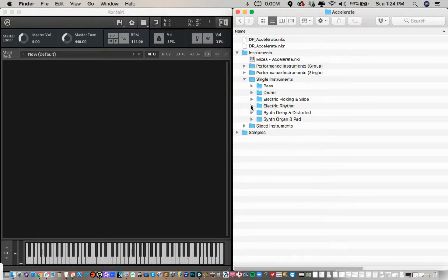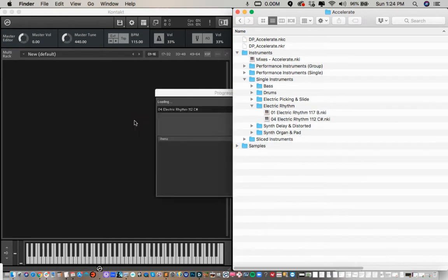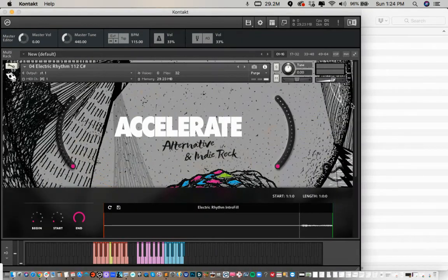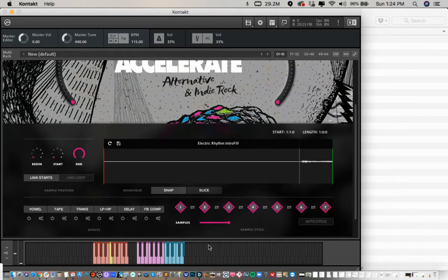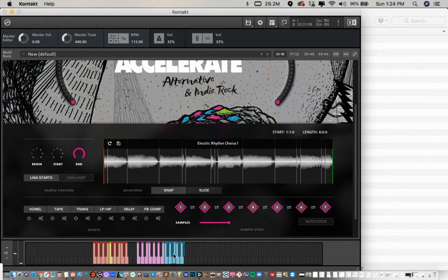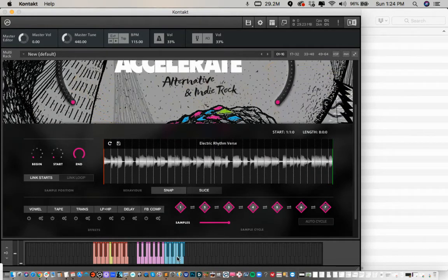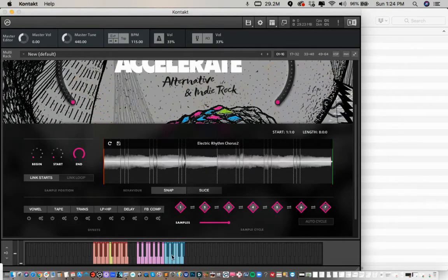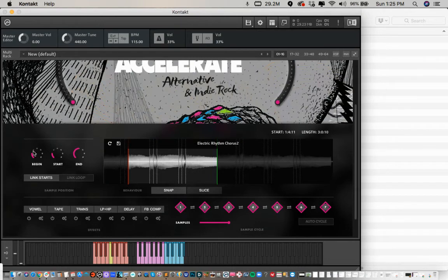So let's say I want to grab some electric rhythm parts, okay? So I would pull in the electric rhythm, and this is arranged so that each key here is a different part. So intro fill, intro, verse, chorus, verse, chorus. Each key is a different song section, in other words, or a different performance. Again, same applies for up here. This functionality is carried through all of the instruments. The difference here is